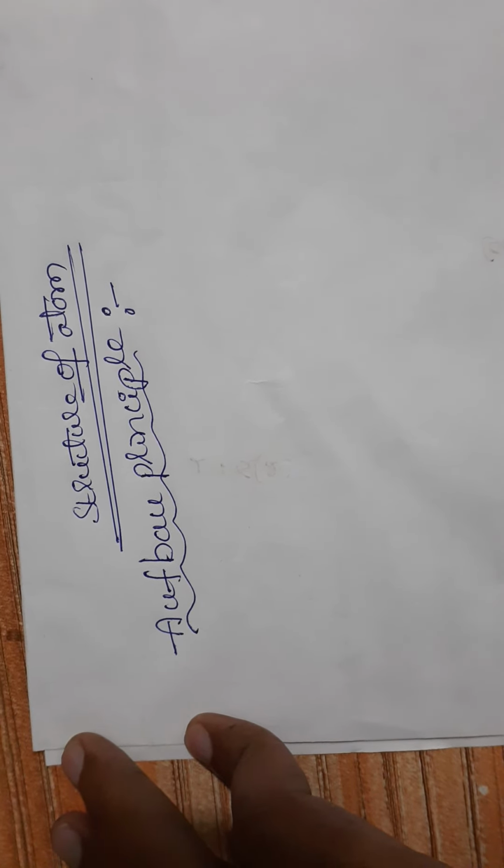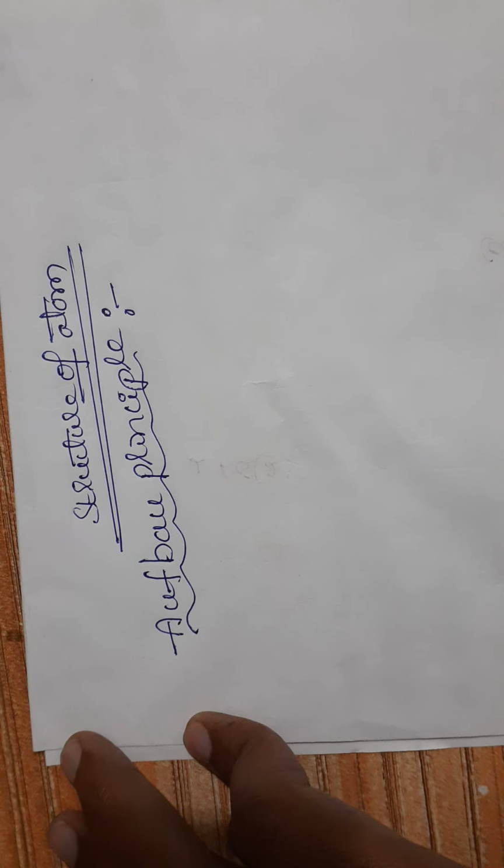So in this class we are going to learn about a 10th class physical science topic in the chemistry part, in the structure of atom, that is Aufbau principle. In the writing of electronic configuration we have three rules. One of them is Aufbau principle, students. Electron configuration we already explained in the previous videos.